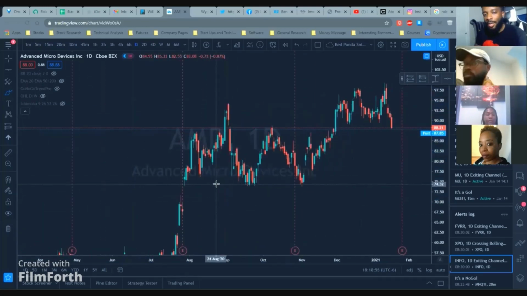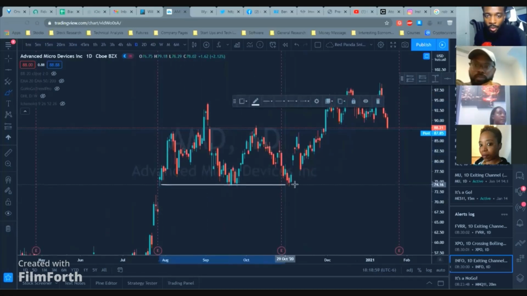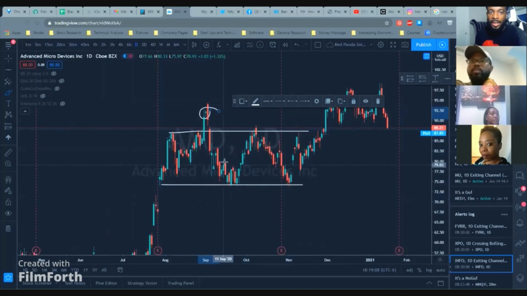And so that's why you've got to look at market structure, which kind of tells you that. When I say market structure, I mean you have your support level here and you have your resistance level here, right? And when you see these breaker structures in this area, that's kind of an indication that